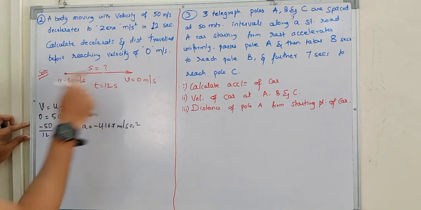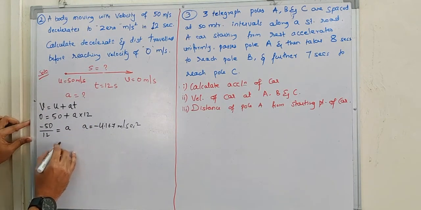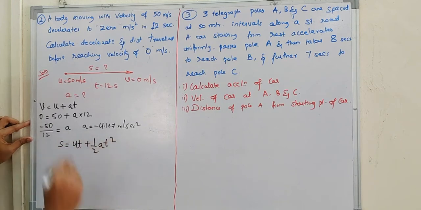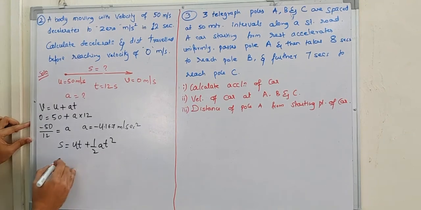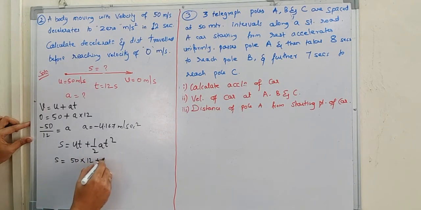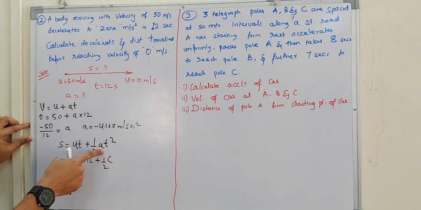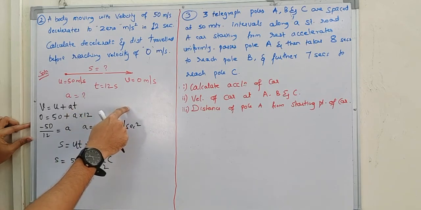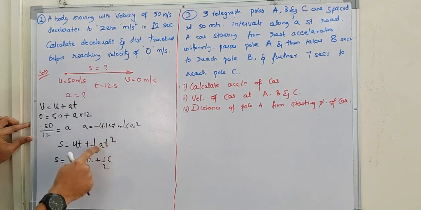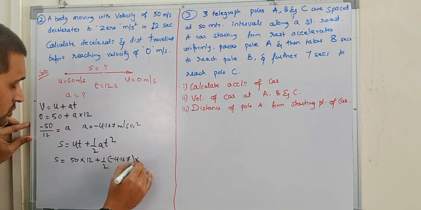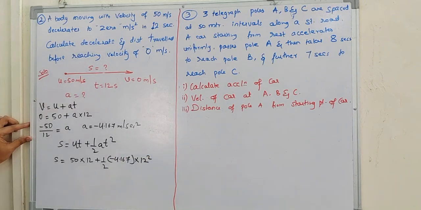And also you are asked to calculate what is the displacement. Now for the displacement you will be using the expression S is equal to ut plus half at square. So now again u is 50 meters per second and the time interval told is 12 seconds, plus 1 by 2. Now you have to be careful here. Since this is a negative acceleration or deceleration, the rate of change of velocity is decreasing. This has to be taken as minus, which I'll substitute as minus 4.167 into the time interval, which is again 12 seconds.